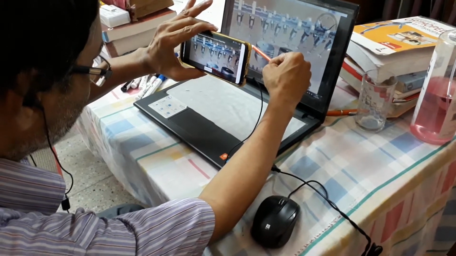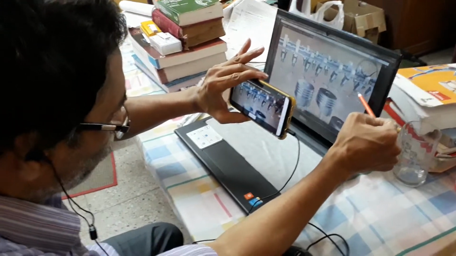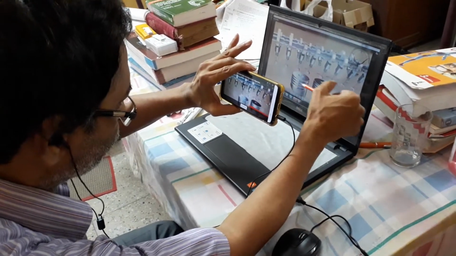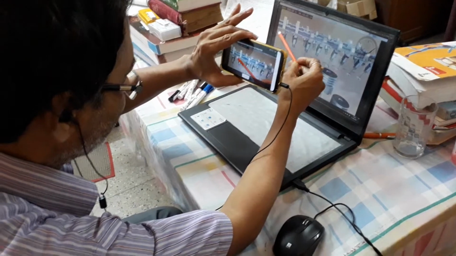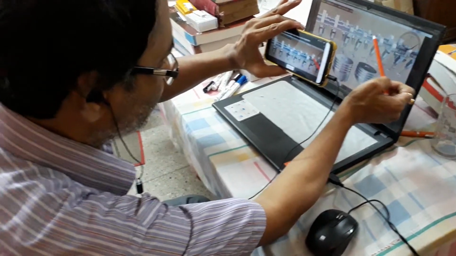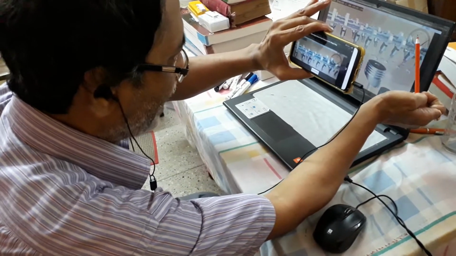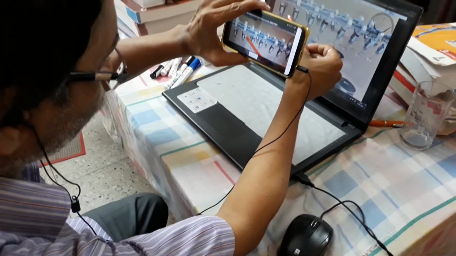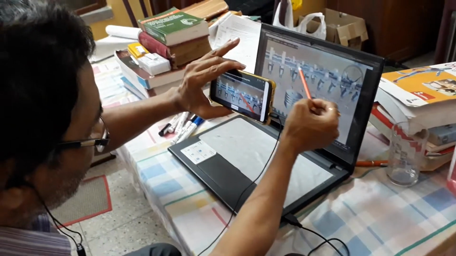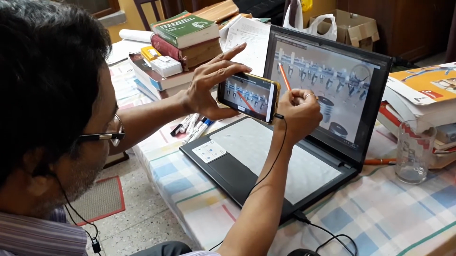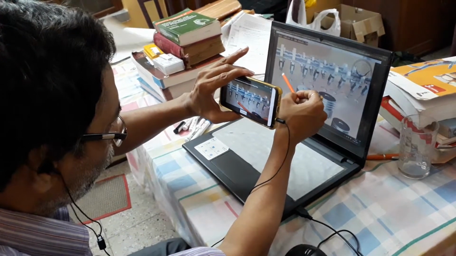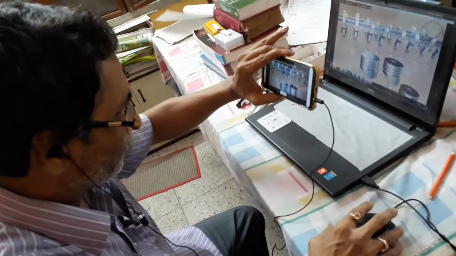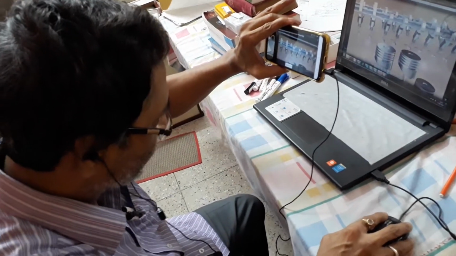If this opens, the air plus petrol comes in. So how many are there? There are 8: 4 inlet valves and 4 exhaust valves, because 4 engines are there. So how many cams are there? 1, 2, 3, 4, 5, 6, 7, 8. 8 cams are there. So one is for inlet valve, one is for exhaust valve. These cams are installed in the camshaft. When the camshaft is rotating, this cam is pushing it. This is the follower, and the follower is opening and closing the inlet valve. You just observe how it is happening.